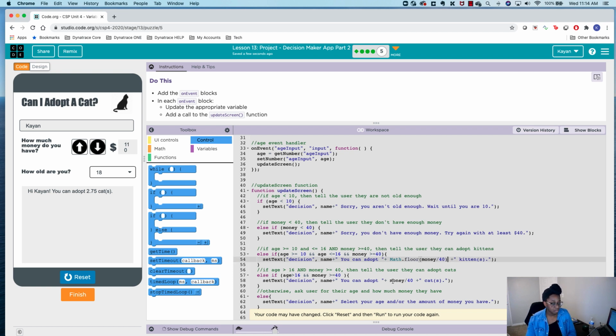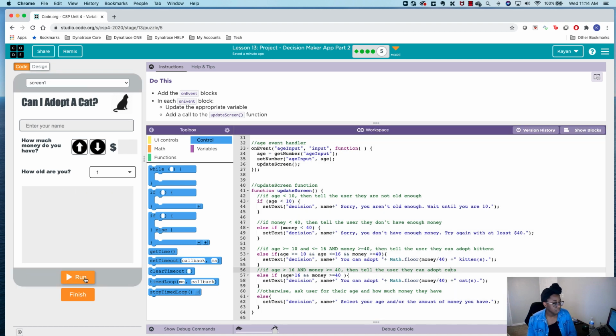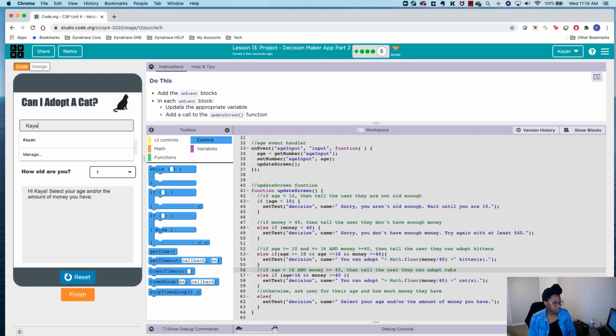insert the money, math.floor, and change the money. When I reset this and let's run it, I'll put in my name. I'm going to select the amount of money that I have. Let's say 30, and let's say I'm age 10. So if I'm age 10, I need more money. Let's say at 40, I can do 1 kitten, and let's say I have 80, it's 2, and let's say I have 120, it's 3,